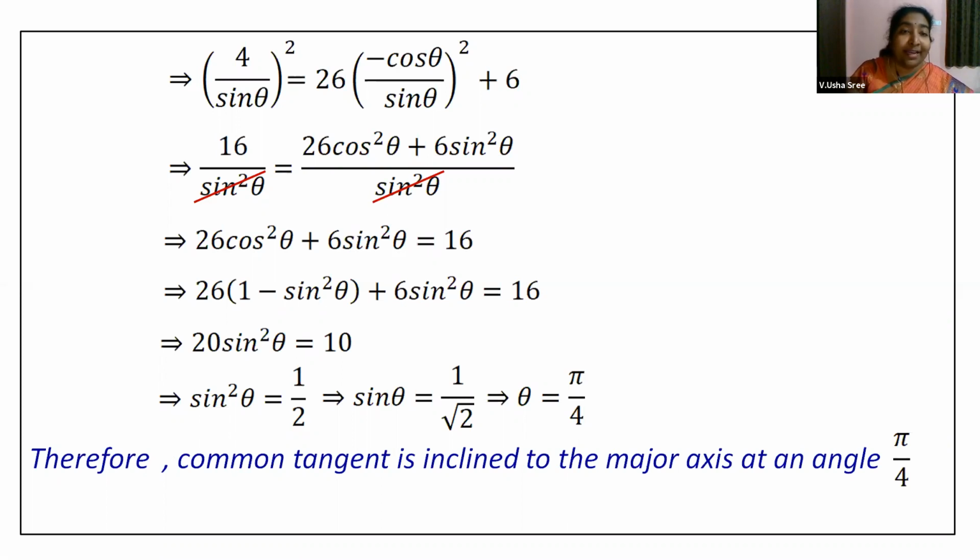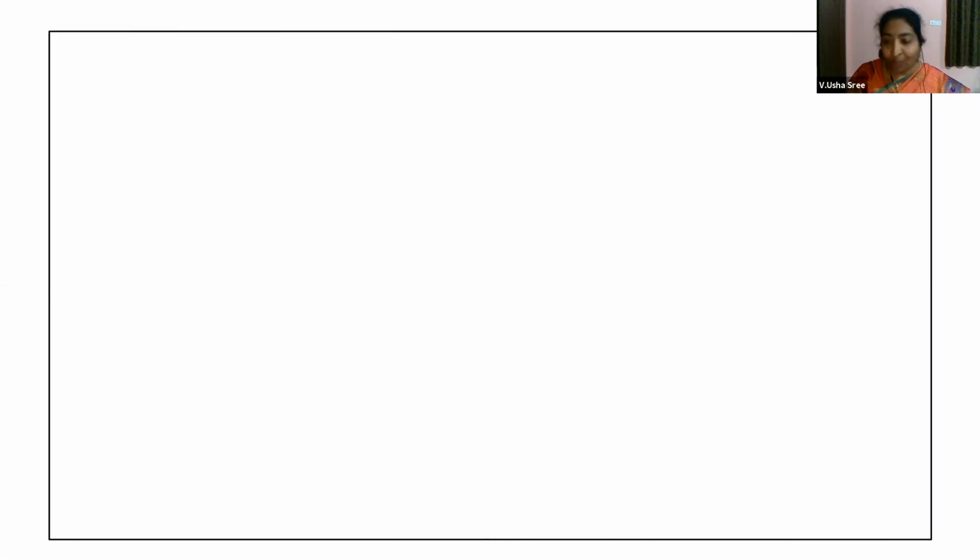Okay, now in the previous session, I was mentioning something regarding the auxiliary circle. There we have seen the auxiliary circle: it is a circle described on the major axis of the ellipse, with the major axis as its diameter. At that time, I was mentioning another statement. What is that? The locus of the feet of the perpendiculars drawn from the foci of the ellipse onto any tangent will be concentric to the ellipse, and that will be an auxiliary circle.